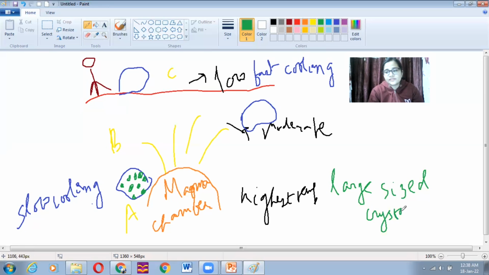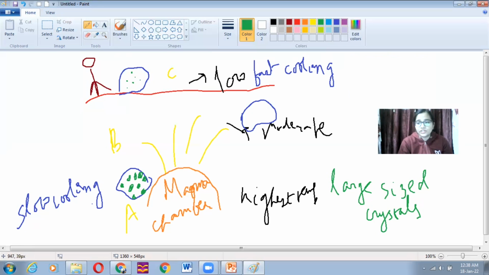और मैंने वो क्रिस्टल ग्रीन कलर से किया है. And at C point, that is where there is a very fast rate of cooling or very fast rate of solidification of lava, the minerals or the crystals within the minerals, they tend to collide, and after collision they become very small in size. So at C point you will find small sized crystals,